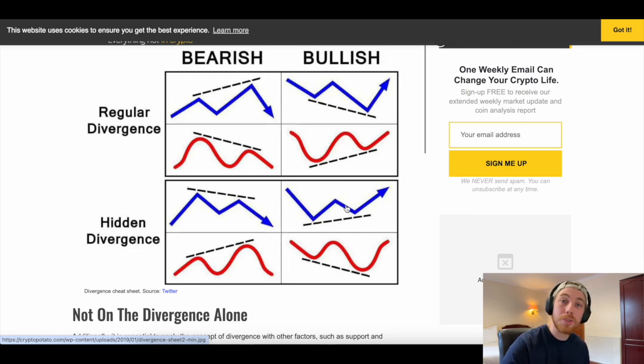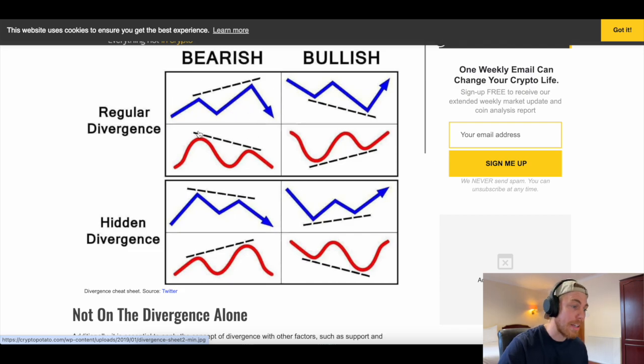But this is a reversal signal that I like to look for if I'm looking for a second pump or a third pump into some of these meme coins that I like to trade. I usually trade on hidden divergences on both leverage but also on meme coins, but ideally you want to be finding those regular divergences so that you can long the market in this bull market that we're currently in. Obviously you have the flip side. If we're in a bearish market, as you can see on the screen,